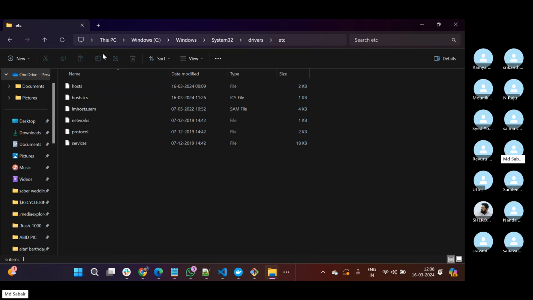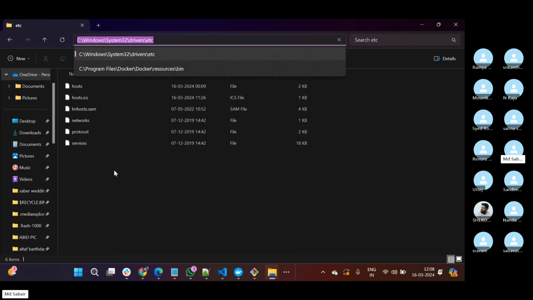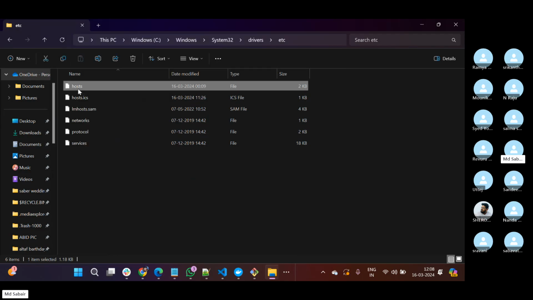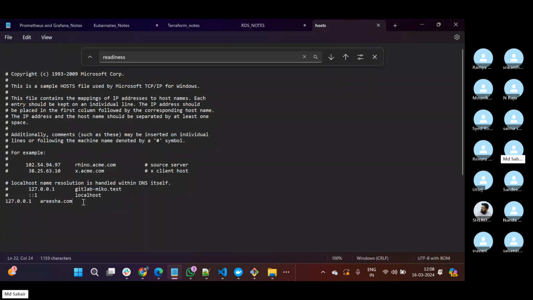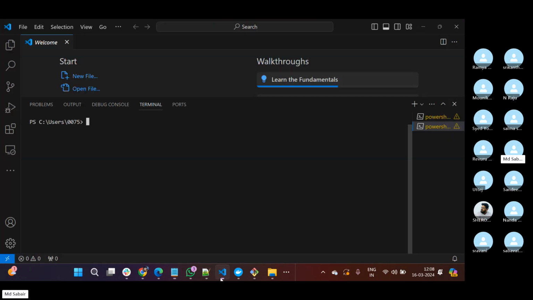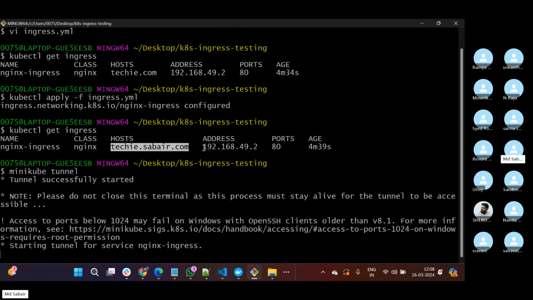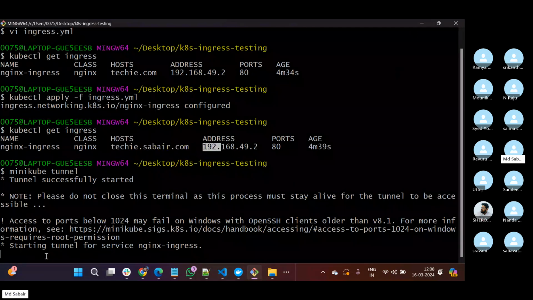So I will go to the etc folder. This is the path for our Windows. Here you have one file called hosts. In this file you can see this domain was already configured. Means for your Minikube you should use 127.0.0.1, but if it is for your Kubernetes cluster which is on cloud or on physical machines, you should copy the ingress IP address, this one, ingress IP address 192. In our case, since I am using minikube tunnel, this will be working on